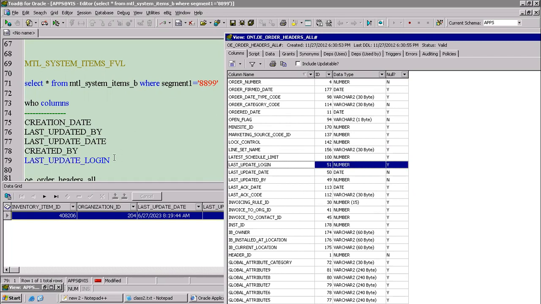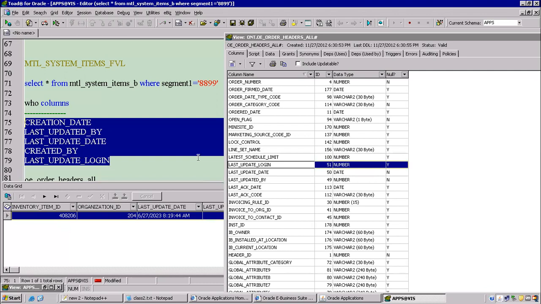So this is the way. These are all called WHO columns. If you are creating a new table, you need to maintain all these WHO columns for tracking of the record. Clear? Now,